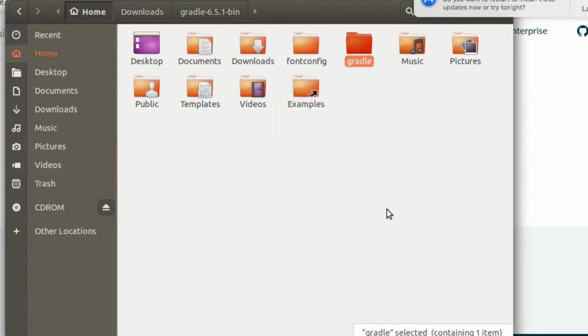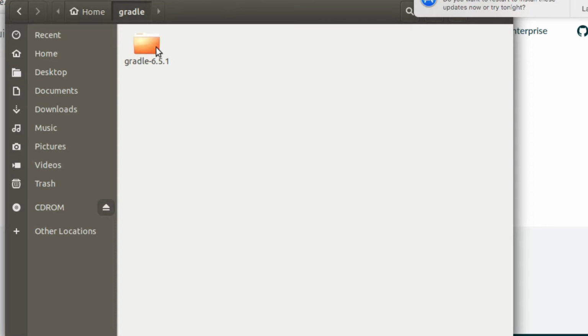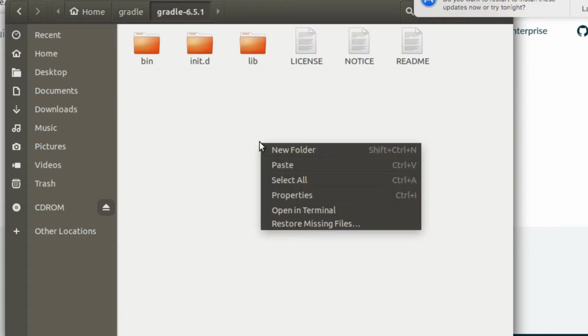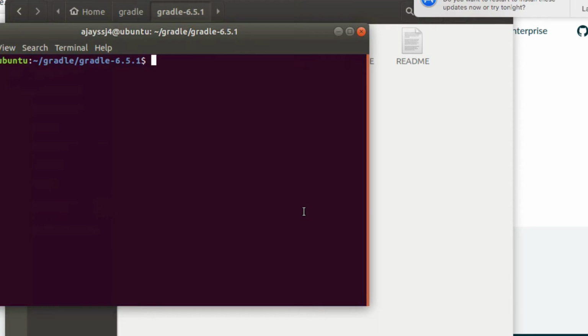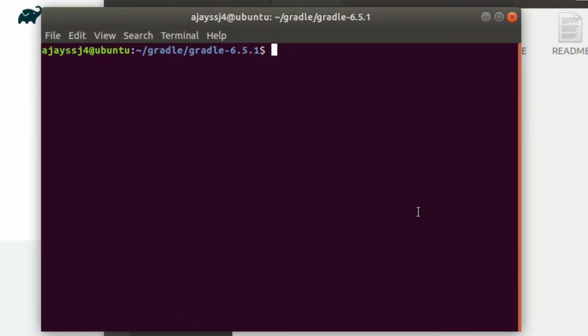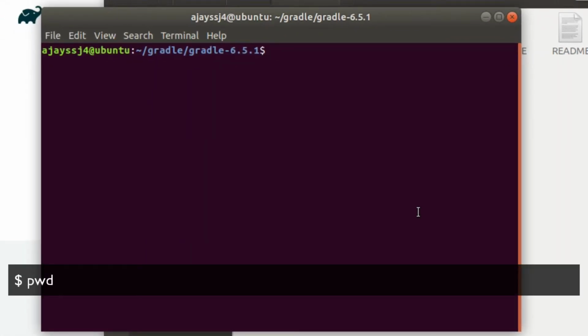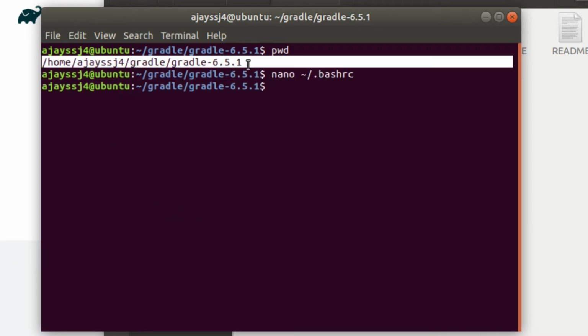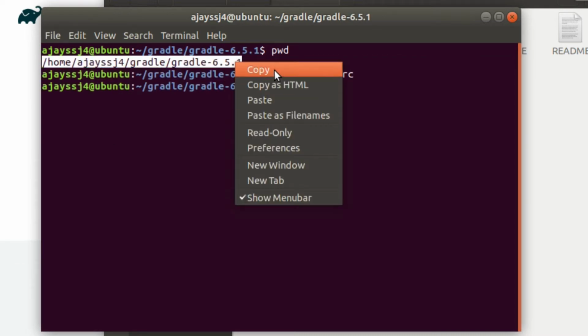Now go to the Gradle hyphen followed by Gradle version folder and open it in terminal. Enter the pwd command to print the current working path and copy this path.